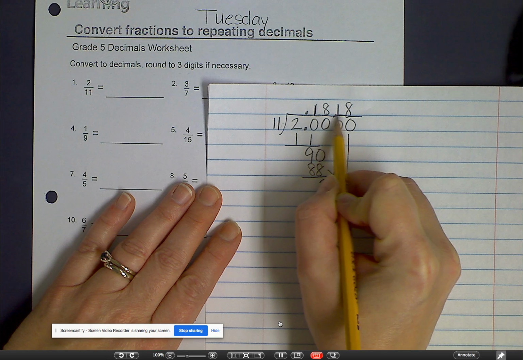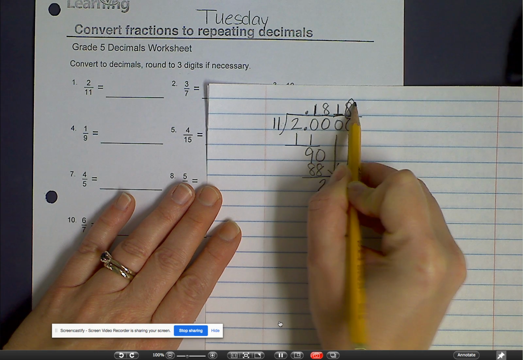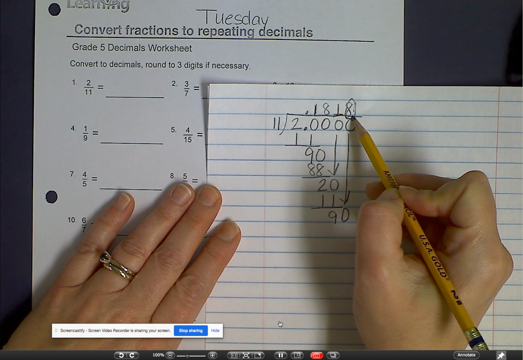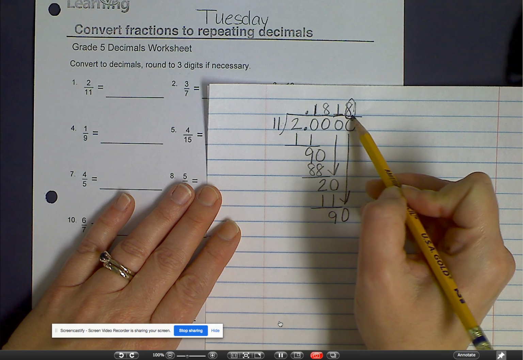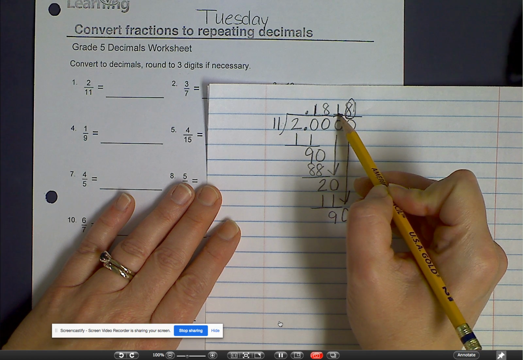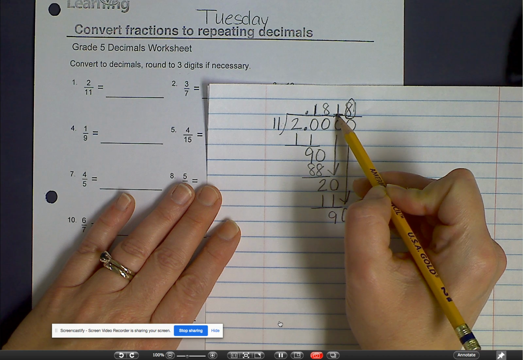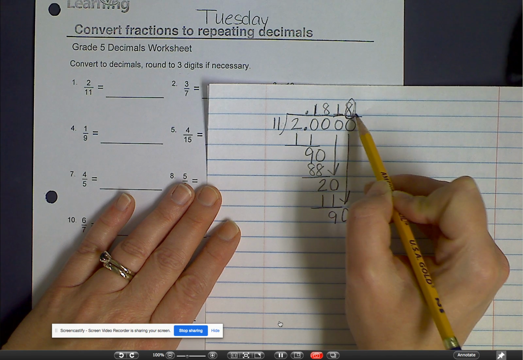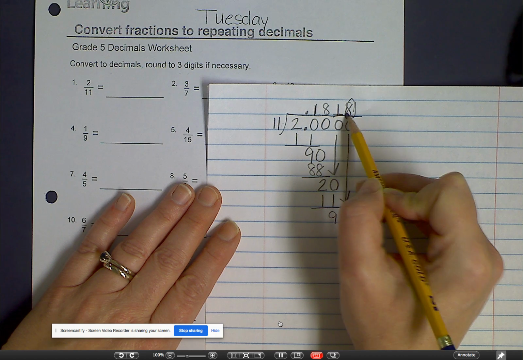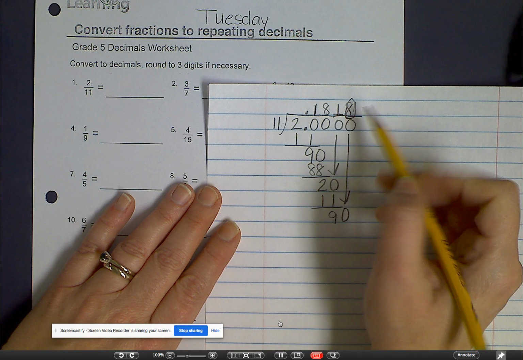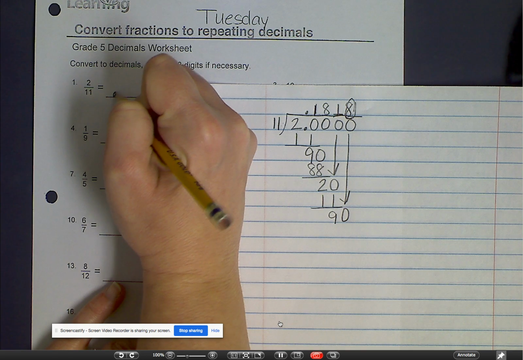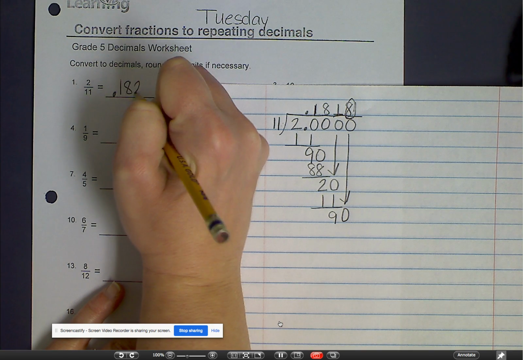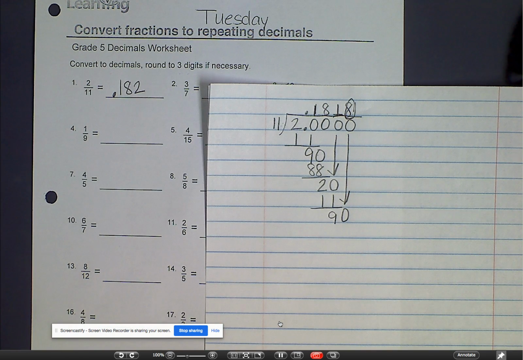So I underline here and then circle next door, because the only reason I got this 4th number is to determine if that 1 is going to stay a 1 or if it's going to go up to a 2. In this case, when I round, 8 is 5 or more, so it's going to go up. So the correct answer for number 1 is 182 thousandths. If you didn't understand how I got that,